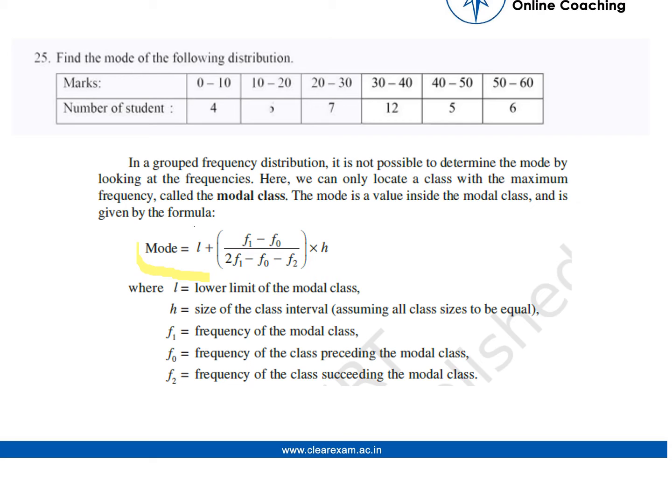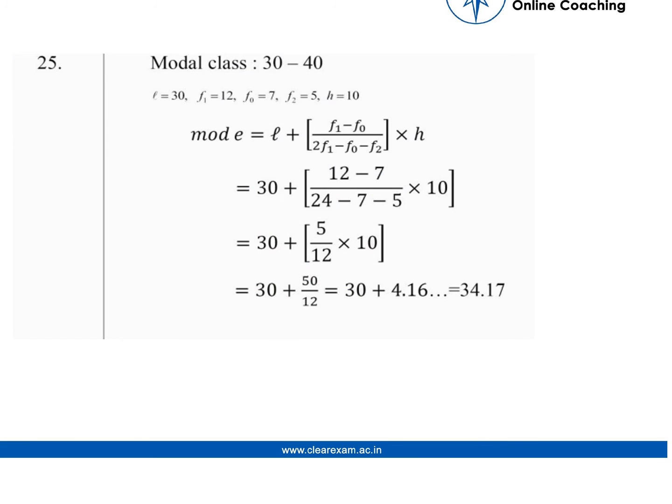In this formula, L is the lower limit of the modal class, that is 30 here. H is the size of the class interval, or you can understand it using the acronym height, which is 10 (40 minus 30). F1 is the frequency of the modal class, that is 12 here. F0 is the frequency of the class preceding the modal class, that is 7, and F2 is the frequency of the class succeeding the modal class, that is 5. When we put all these values in this formula, we obtain